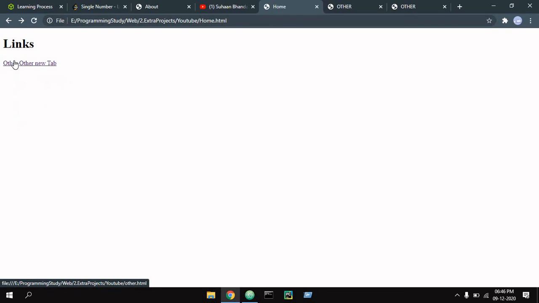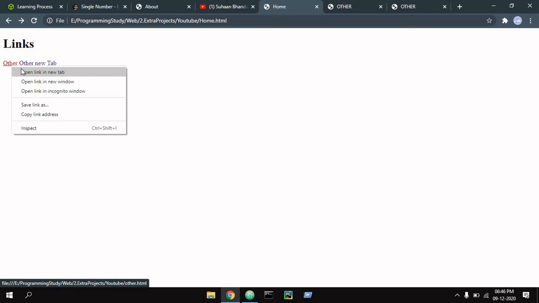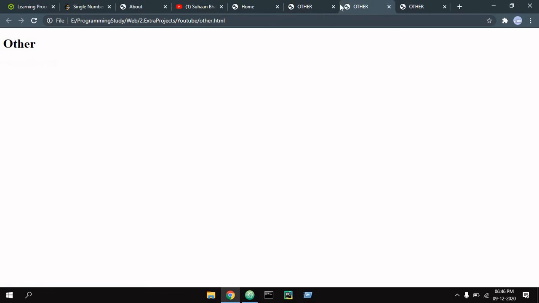As a viewer, if I want to open this link in a new tab, I will have to right click and choose open in new tab. It is not a good user experience, so we have to include this. But you have to understand that this feature is only used when we have to redirect users to another website, as this feature is not to be used on a regular basis.